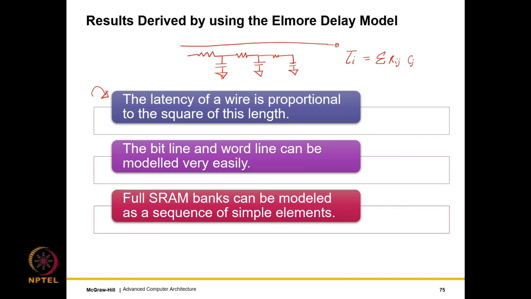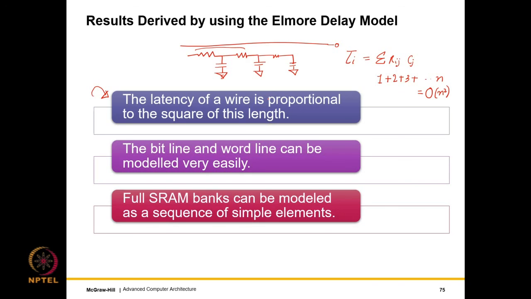So I can be the end of the wire. So Rij Cj will basically be, if I consider one capacitor at a time, let's say if it is this capacitor, it is the sum of these resistances. If it is this capacitor, it is the sum of these resistances. So if you work it out, we will have a series of the form 1 plus 2 plus 3 all the way till n, which is an order n square term.